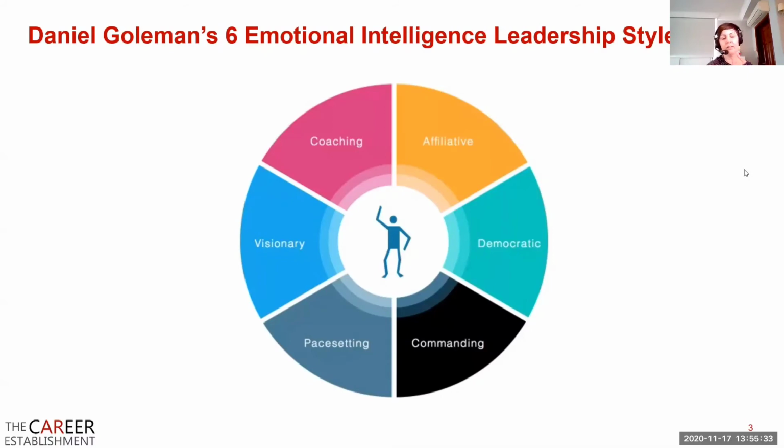It's a lot more a long-term professional development of individuals, and it just provides that ongoing support. It's still challenging, you give them feedback, so it's a good one if you've got a team of consultants that are more mature, more competent. So it's good. Affiliative is that harmony, caring about the team, and this is one that I think is thankfully being used a great deal this year with what's going on in the world.